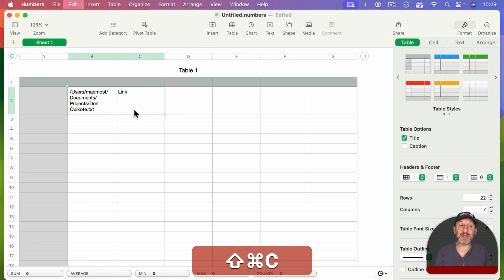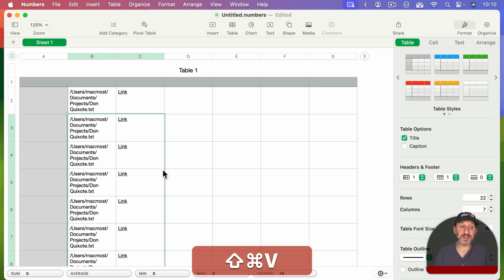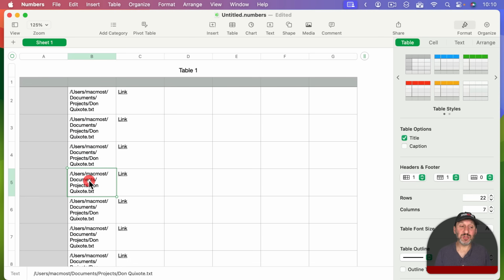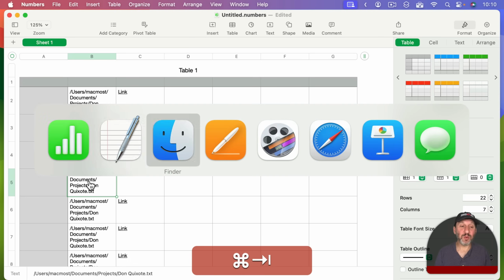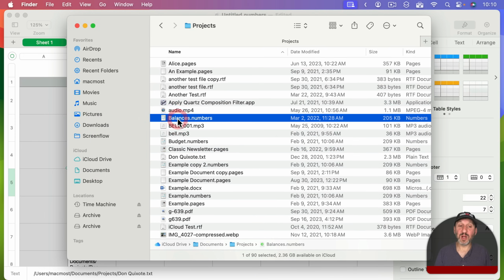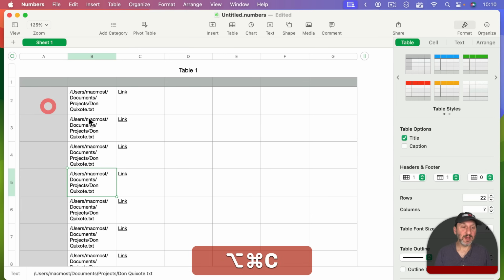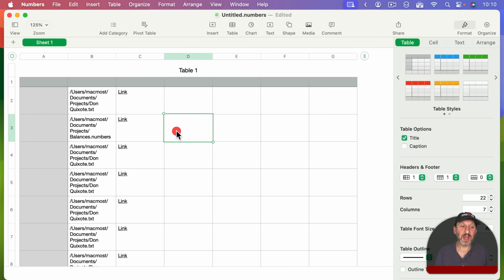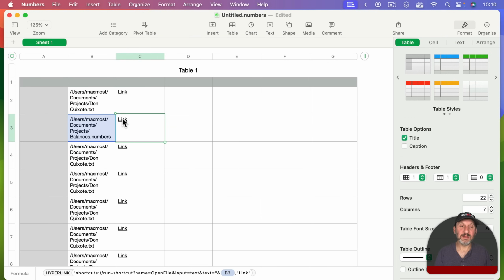Better yet, I can copy and then paste and now I can change these to other things. So let's go back into the Finder here and find another file. Let's say another Numbers file. Option Command C, go into here, paste it in, and now when I click this link it will open up that document. So that hyperlink function comes in handy. If you have an inventory of important files in Numbers, you could easily just fill in the URLs to the